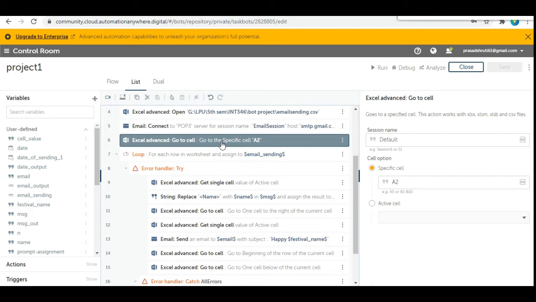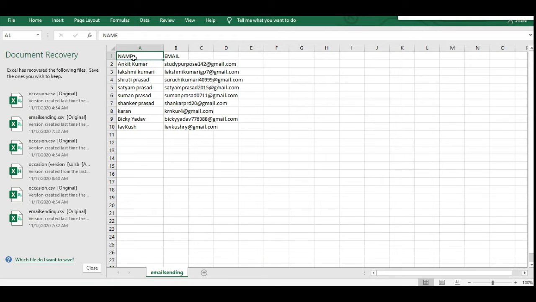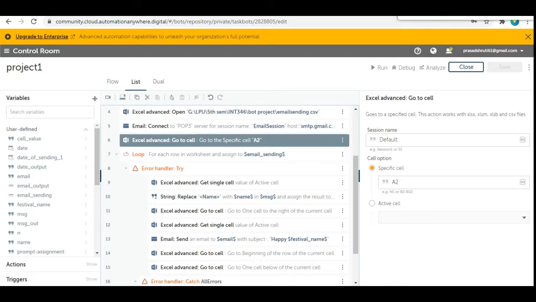Now go to cell selection is used. Go to selection is used to put the pointer at any position. Here I have set the pointer to the A2 cell of this Excel, because in the A2 cell the name of the person is given, and then I am using a loop for every iteration.